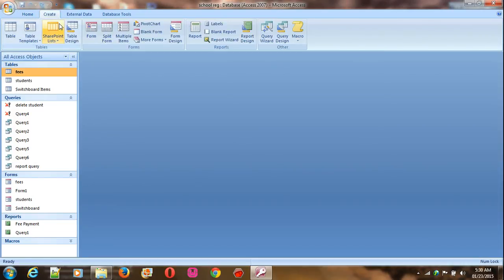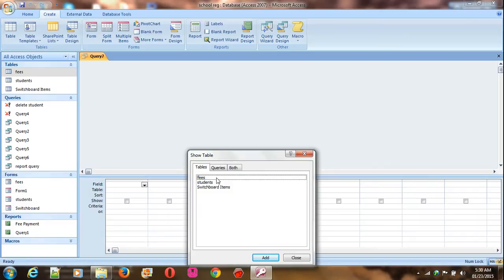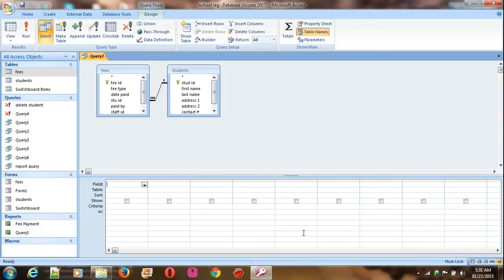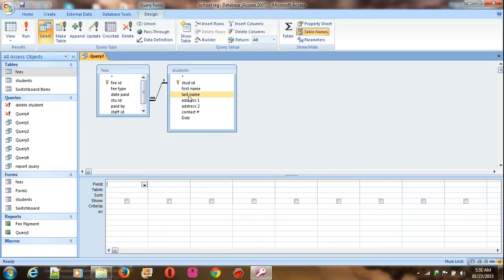Remember initially we said that we wanted to send a letter. That means we have to add addresses because that's critical for the letter. We need to know where we're sending the letter. So I'm going to add the address field. Sorry, I need to add the names as well. So first name, last name, address 1, address 2, and